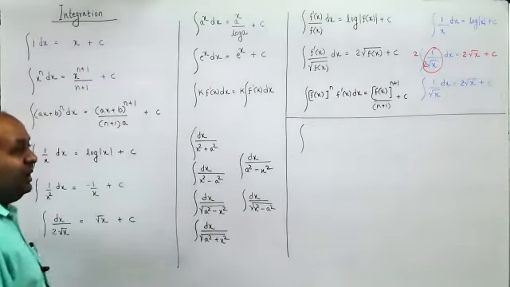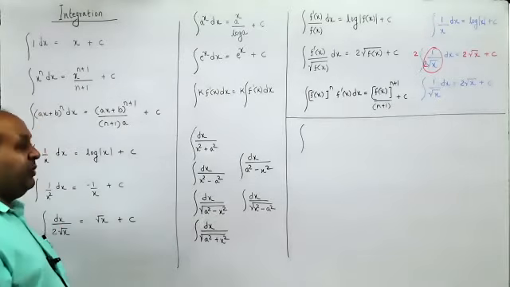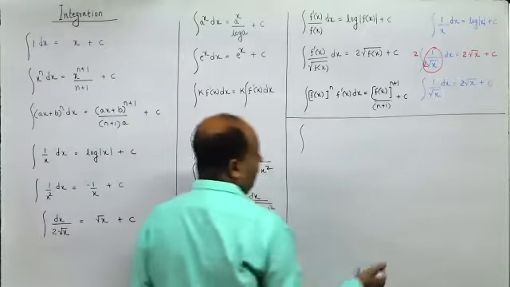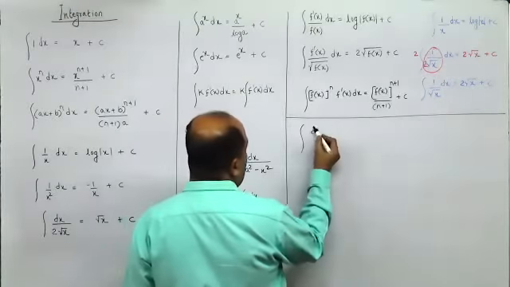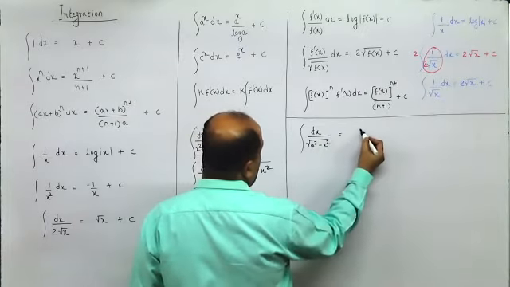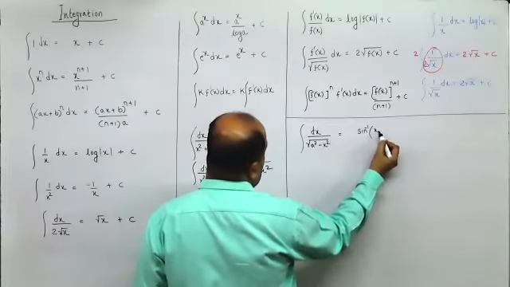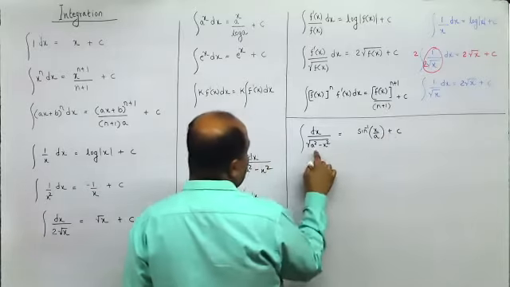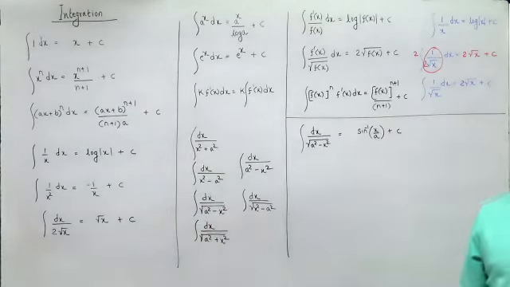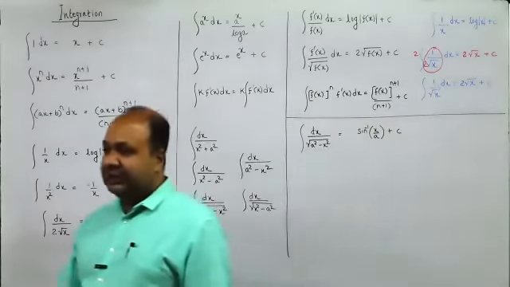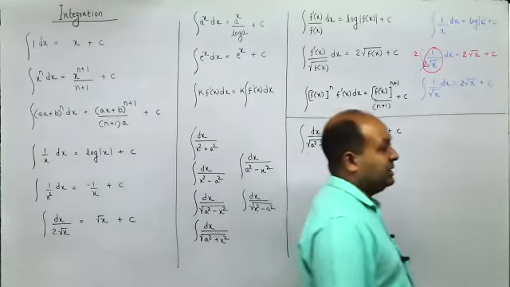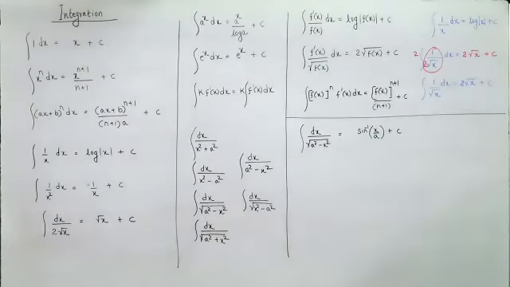I had asked you to by heart it because this had appeared in definite integrations. Now, just remember derivative of sine inverse x is 1 upon root 1 minus x square. So dx upon root a square minus x square is sine inverse x by a plus c. This formula has been given in some of the colleges when they have given the definite integration question pertaining to this, but I am not sure whether they will be providing that even in the board exams. So it is better you by heart the same.